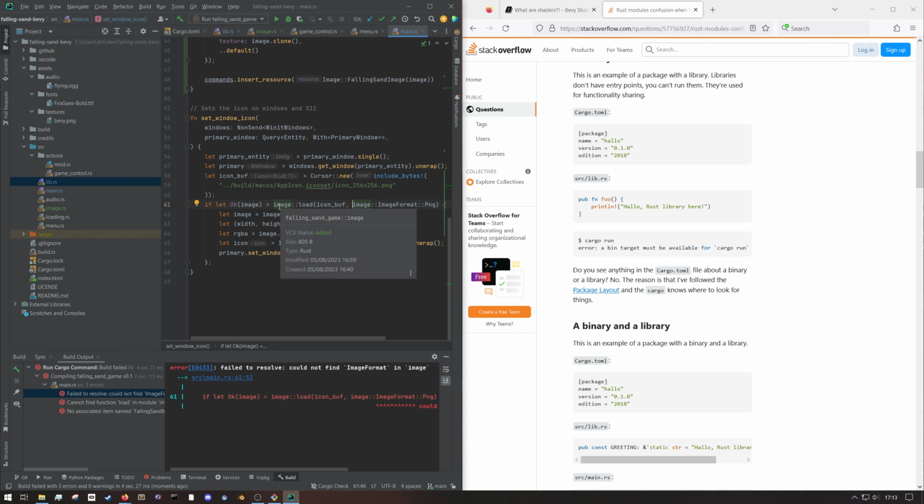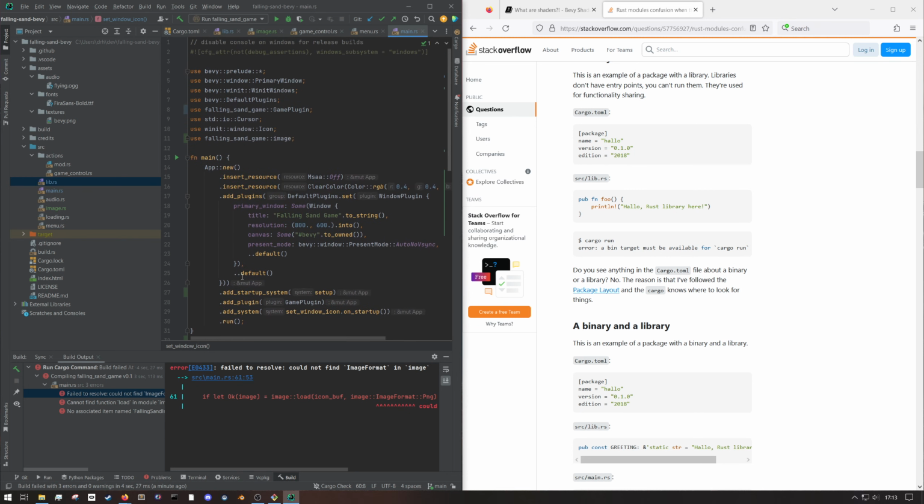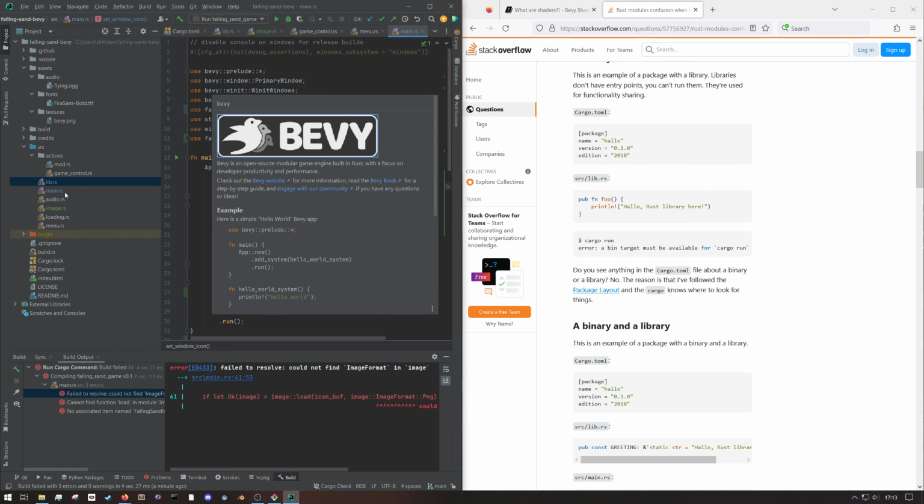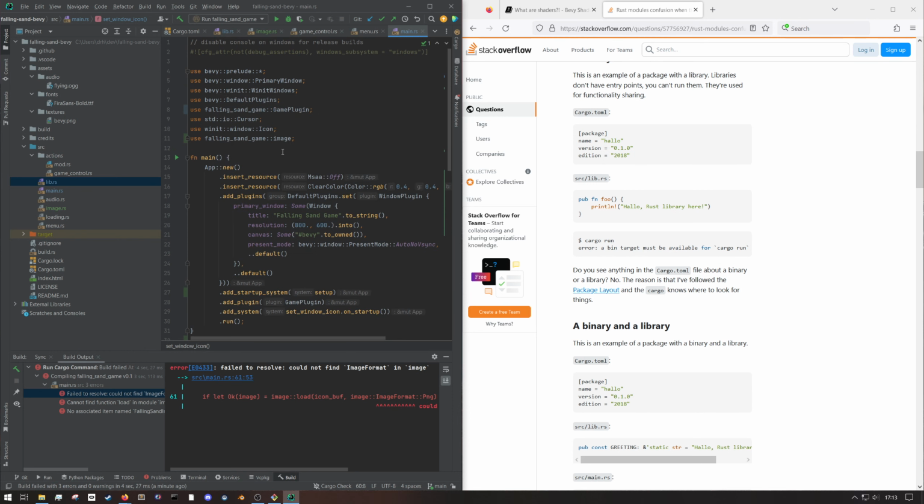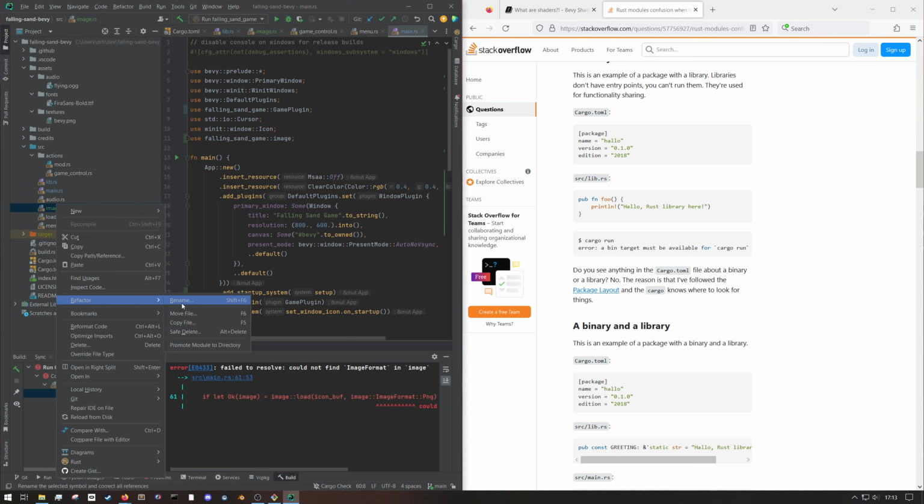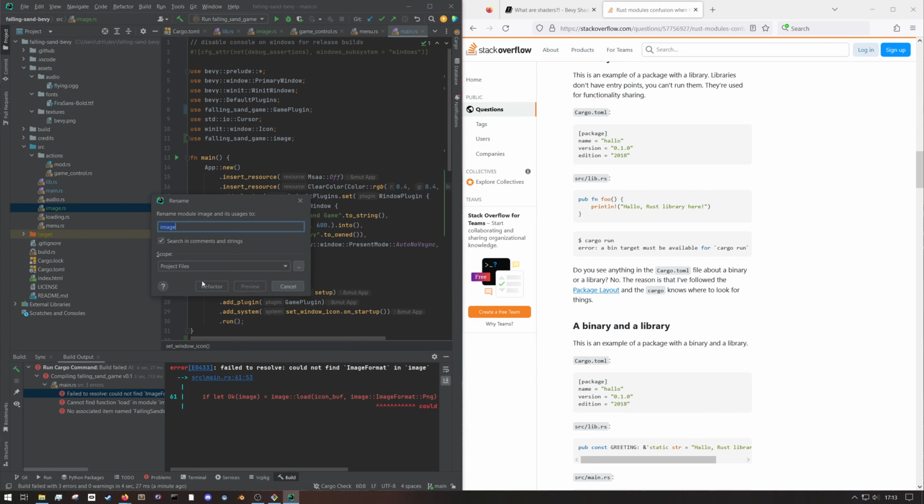Image. Oh, this is loading the icon. And what does that expect? Something from the Bevy prelude, I imagine. It's quite annoying that this is called image. Let's not call this image. Let's call our own module something different. Let's rename it to